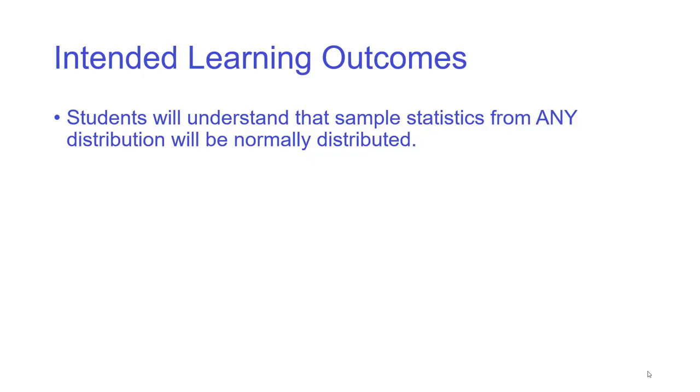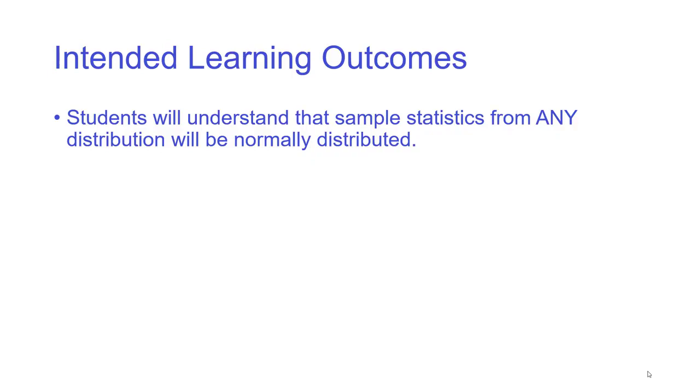I illustrated this with the example in the dice simulation in the Excel spreadsheet, where you go from a uniform distribution, the die is equally likely to land on 1 to 6, but if you take the sum of those dice, if you take 5 dice, then that sum will be normally distributed. So would the average of 5 dice be normally distributed, and even the standard deviation of 5 dice will be normally distributed.